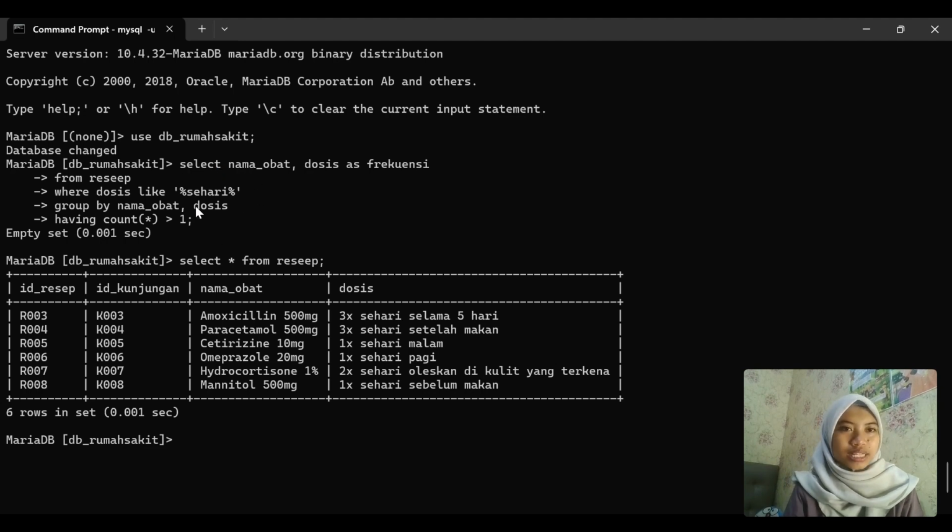For number 13, I use this query to display the medicine name and their dosage frequency containing the words per day, where the dosage appears more than once. The query uses like to filter the dosage and groups the result by medicine name and dosage with a condition that the count must be greater than one.